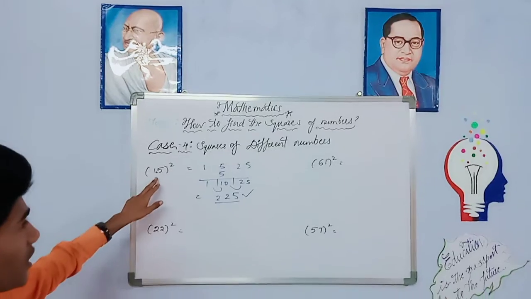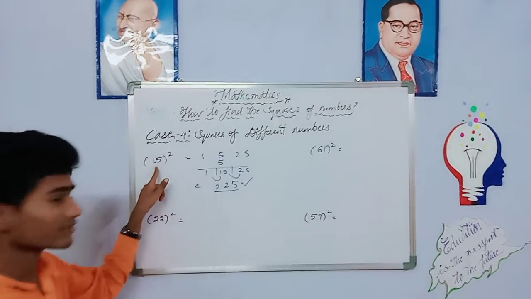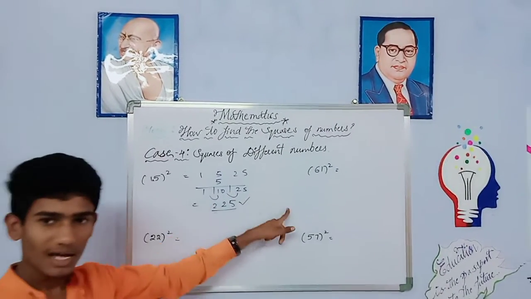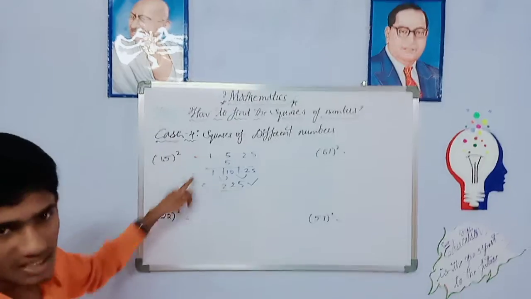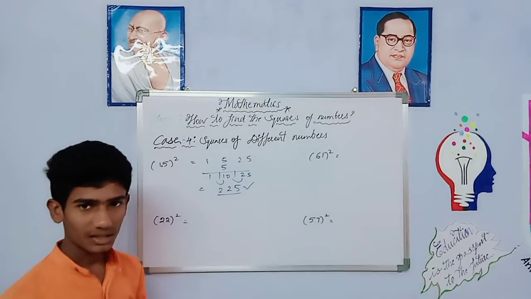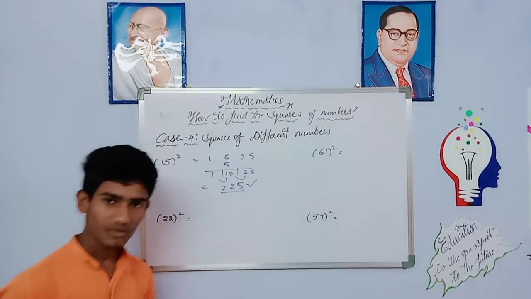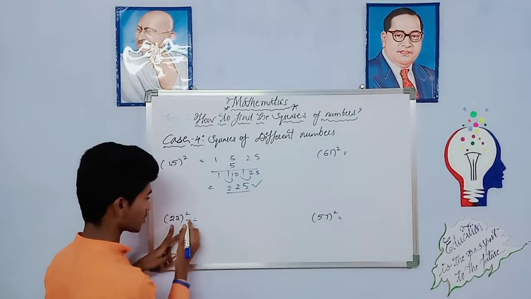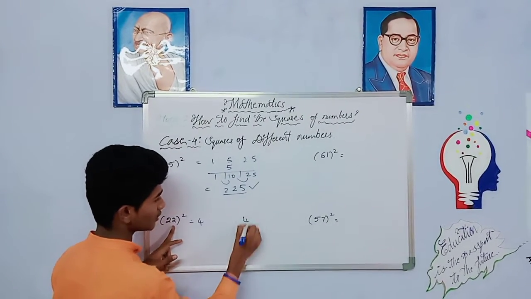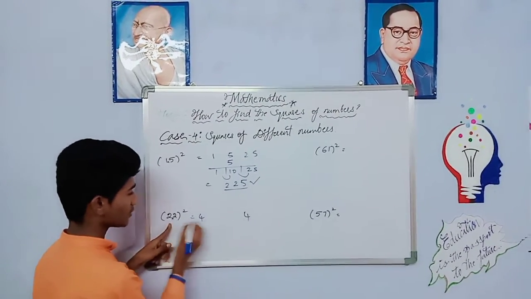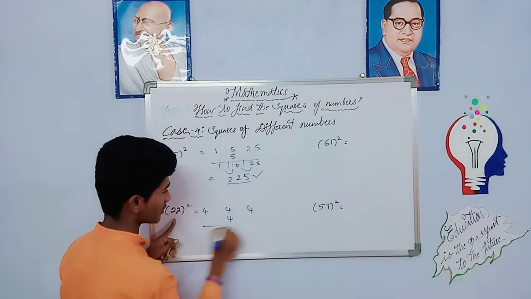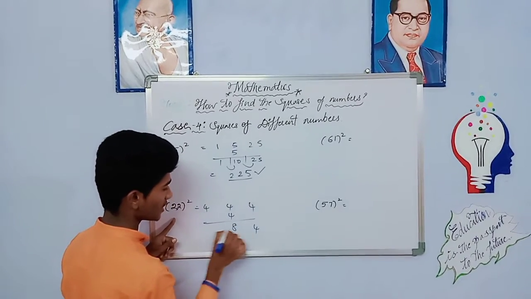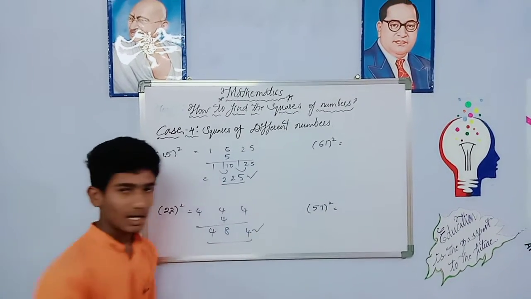If we do the first case starting with 1, we will get the answer, or by the different numbers also. Here 22 squared is there. This is the same digit squared, but we can get the answer with different square numbers also. 2 squared equals 4, 2 squared equals 4, and in the middle you have to multiply: 2 times 2 is 4. Add the same digit in the middle: 4 plus 4 is 8. So 484 is the answer.